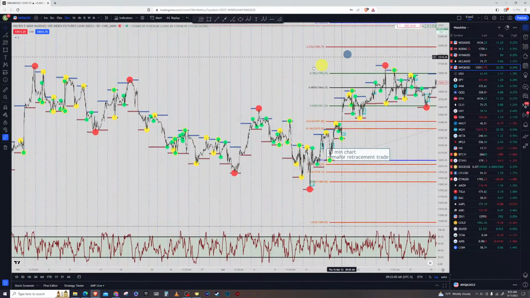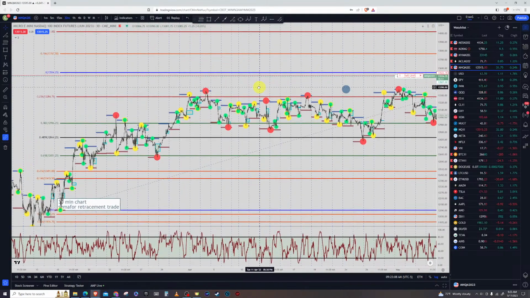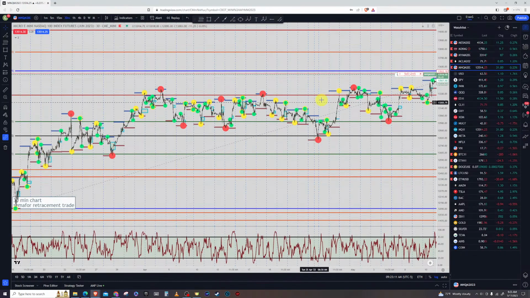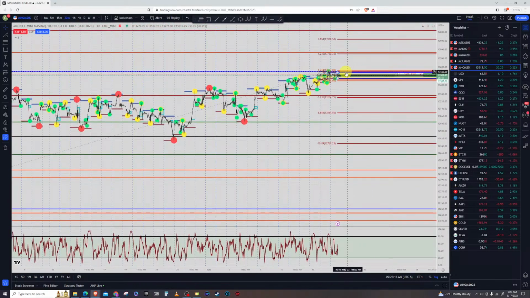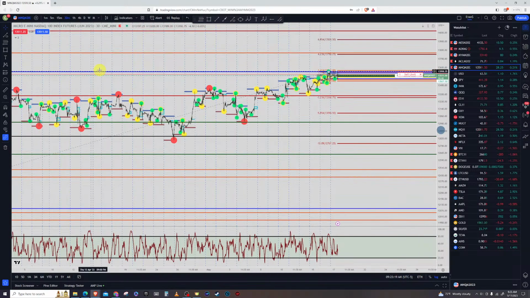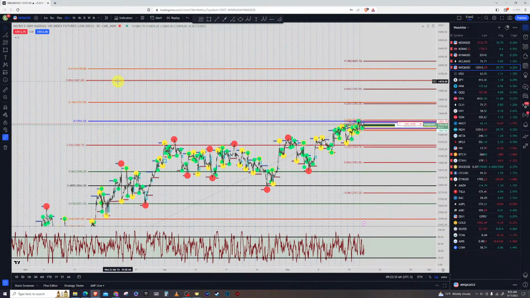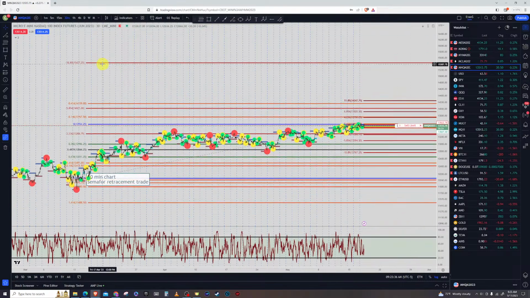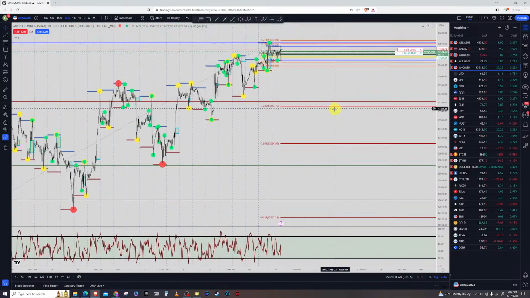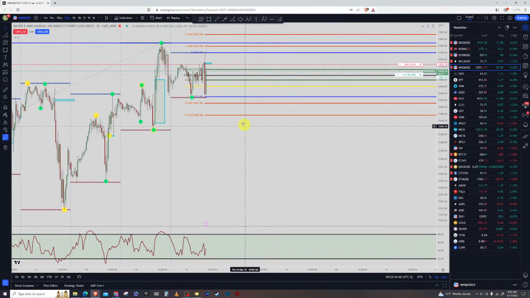And price has also hit the 4.236. You can see there has been a lot of movement off of it, and that tends to be a level that does have resistance, but it's never come down to the 50%, and price has been pushing off a little bit higher. The 4.236 line doesn't mean it's going to reverse every single time, but it's a good marker that I do use, because yesterday I was looking at a trade, and price had gone all the way past the 6.85 and actually even past the 11.89. It went even higher before it reversed. But that's what we are looking for right here.